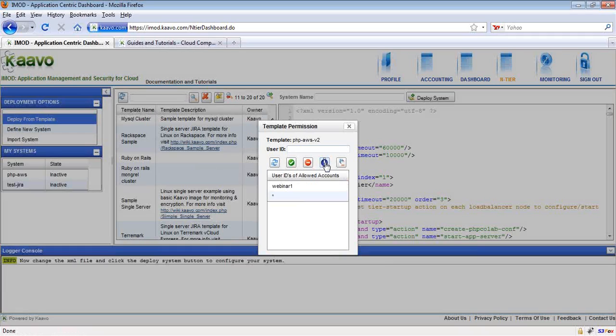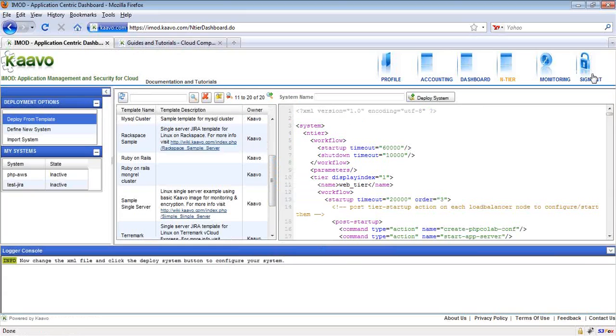So now you can see there is an extra entry called star. And star means everyone. That means this template has been published to all the users of the iMod application.